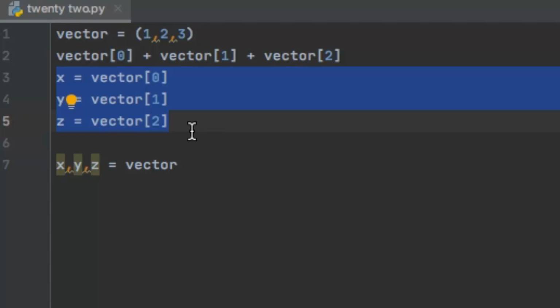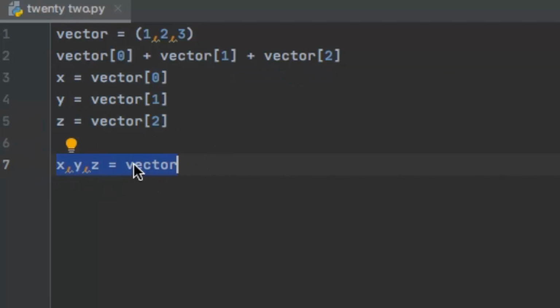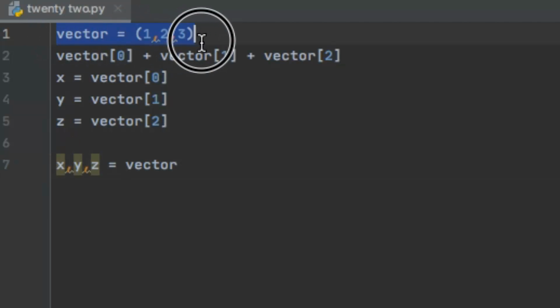Now here I'll tell you how this single line of code would work. We have a tuple called vector, which has three coordinates x, y and z having values 1, 2 and 3.